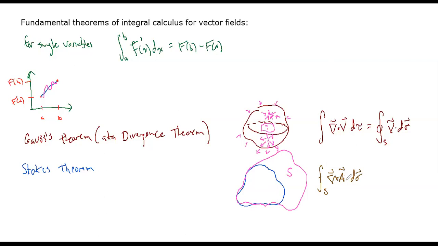So I take the curl of the vector function, then dot dS, and then I do a surface integral. This will be your favorite thing ever in vector calculus, I promise. And I can relate it to just a plain old ordinary line integral at the edge. So this is a closed line integral at the boundary